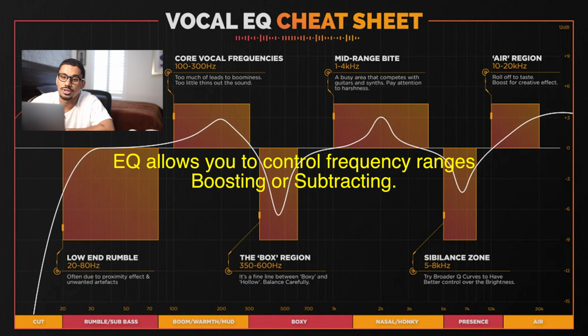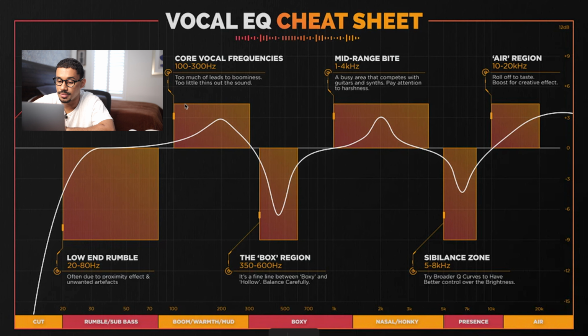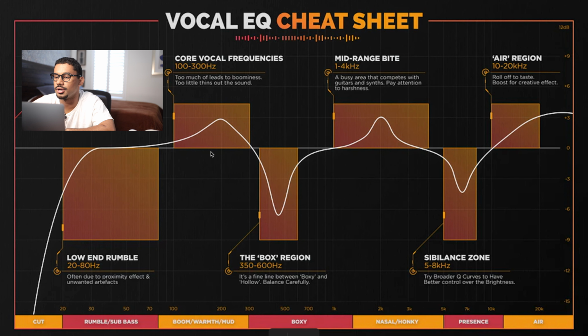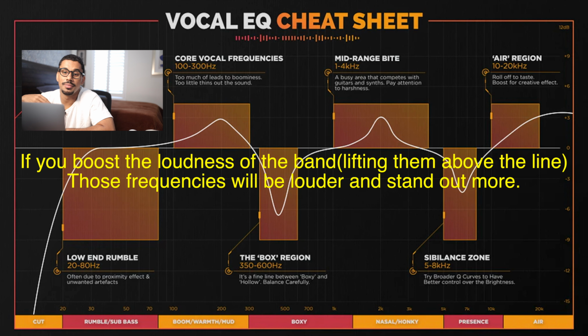The EQ allows you to control these different frequencies using bands. So as you see right here, this is what you would call a band. You can make them bigger or smaller depending on how many frequencies you want to affect. And you can boost them as high or as low as you want. So if you increase the gain of the band, it'll make those frequencies more prominent in the mix and they'll